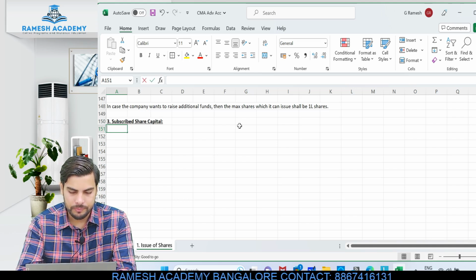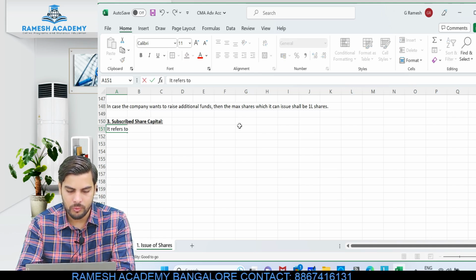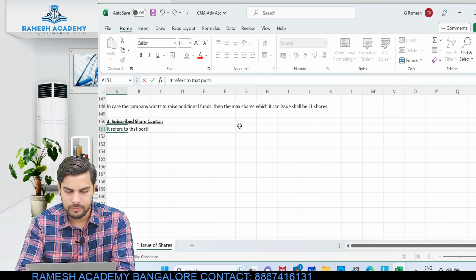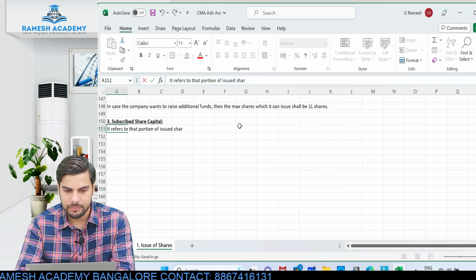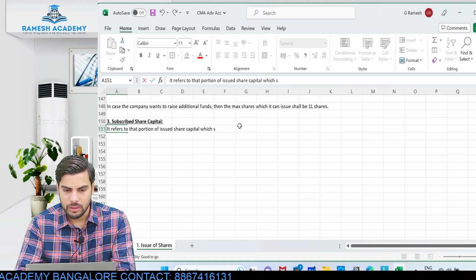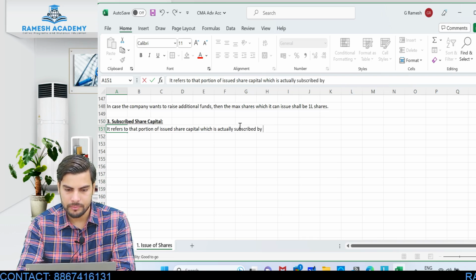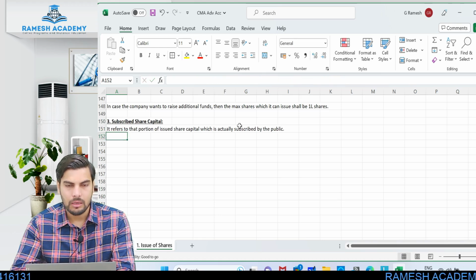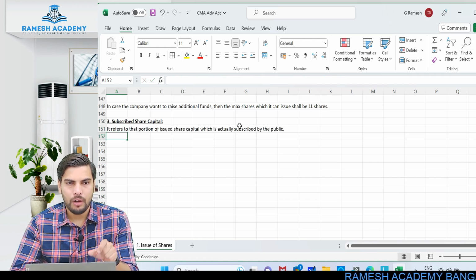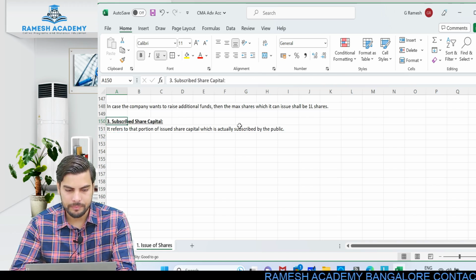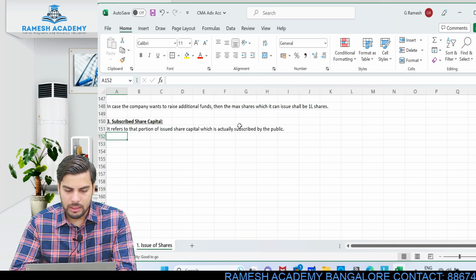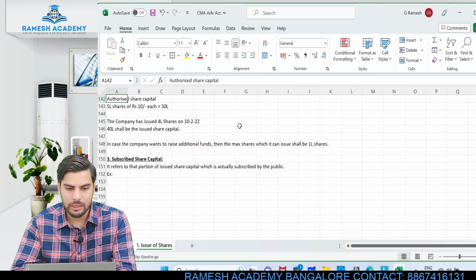So it refers to that portion of issued share capital which is actually subscribed by the public. Clear? So it refers to that particular portion of amount which is issued by the company and which is actually subscribed by the public. Okay, so let's say, if I just continue with this particular example,